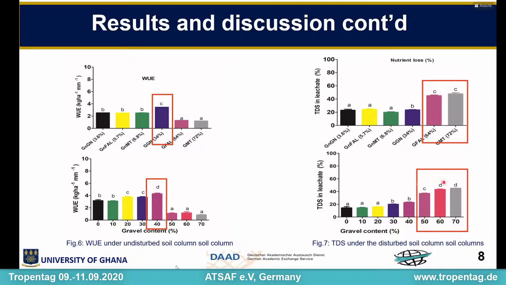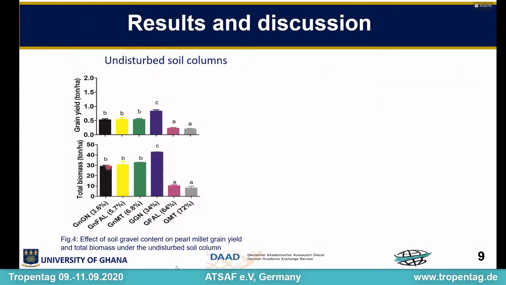And with a significant loss in the amount of water applied, you will find that the water use efficiency becomes very low because all the water is lost through the macropores, and also the nutrient. If you look at the grain yield, we found a similar trend,